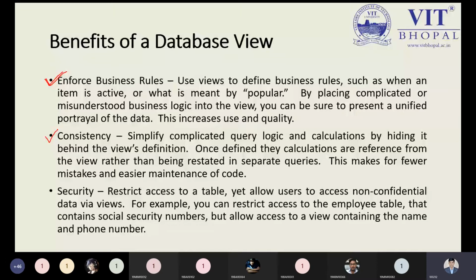So if you remember the aggregate functions, we have used different aggregate functions, but the output is not stored anywhere. Whenever we need to see the output, we have to write the query again. So why execute the query again? It is a better idea to store our output in a stored pattern. Just like a table we can store it, it is also possible to store it in the form of a view.